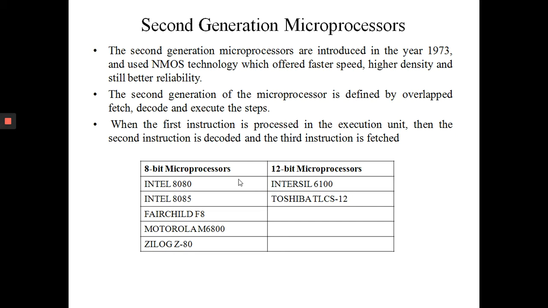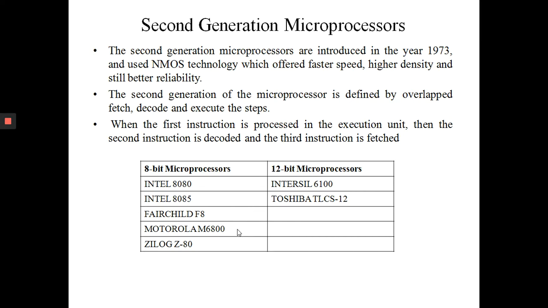When the first instruction is processed in the execution unit, the second instruction is decoded and the third instruction is fetched. The examples of 8-bit microprocessors are Intel 8080, Intel 8085, Fairchild F8, Motorola